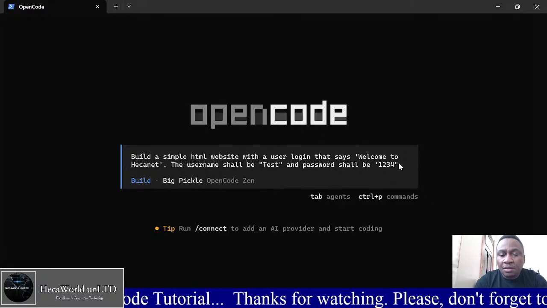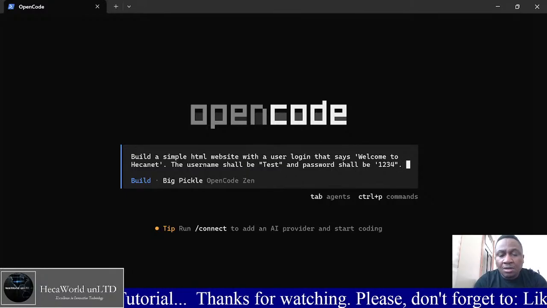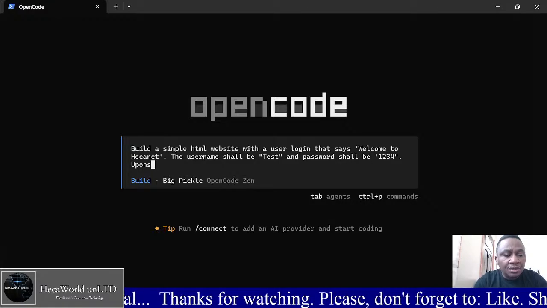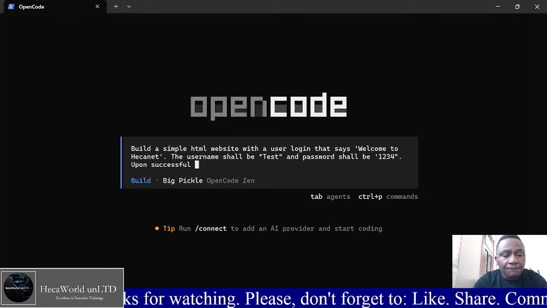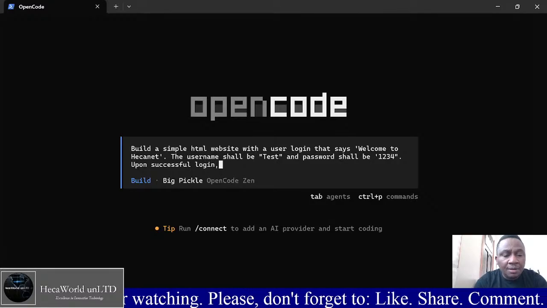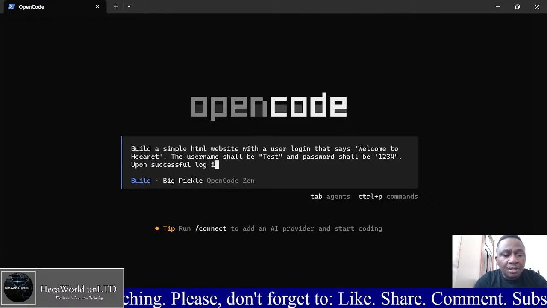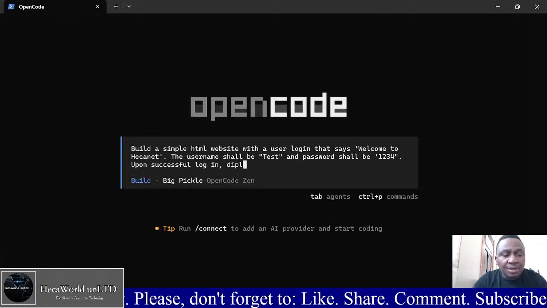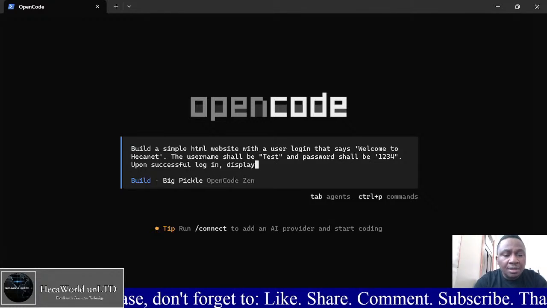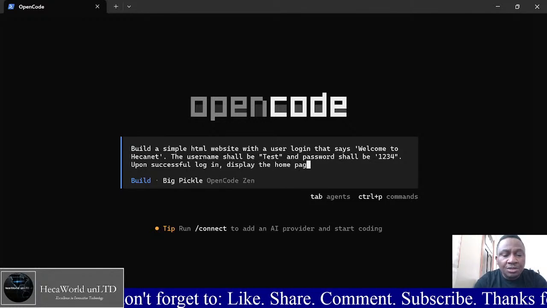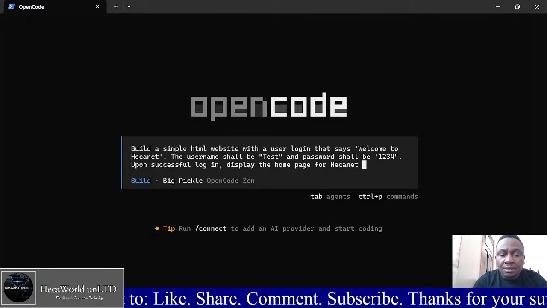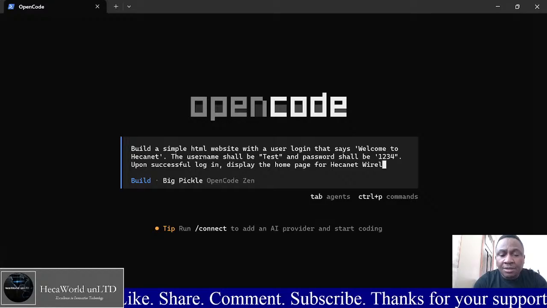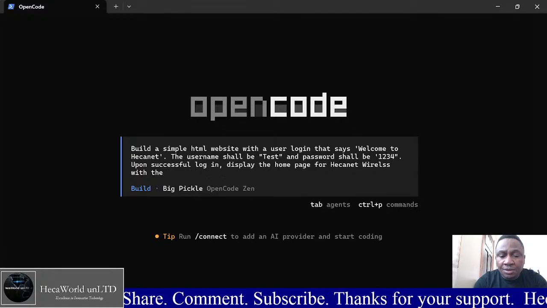All right, and upon successful login, this login should display the home page for HackerNet Wireless